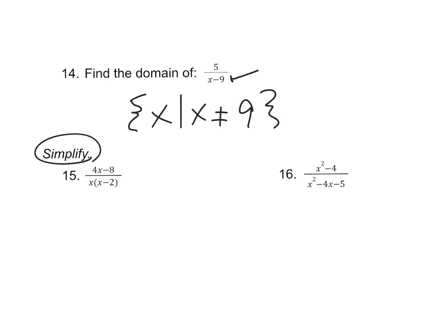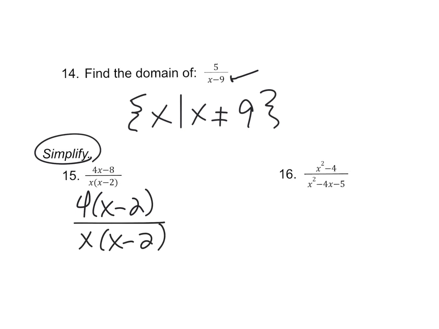15, the directions say simplify. That basically means put the fraction in lowest terms. So that means you got to factor. Remember, you can only cancel factors. Man, we've said that a lot this week. So take out a GCF off the top. Take a 4 out. That leaves x minus 2. Now the denominator has an x and an x minus 2. And then you can cancel out the x minus 2's, which leaves a 4 on the top and x on